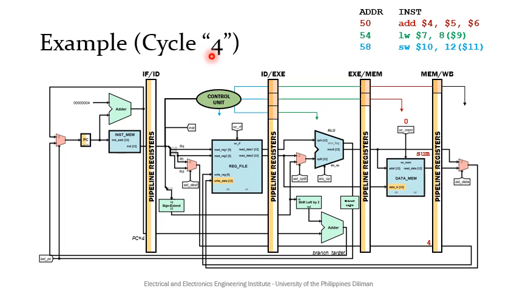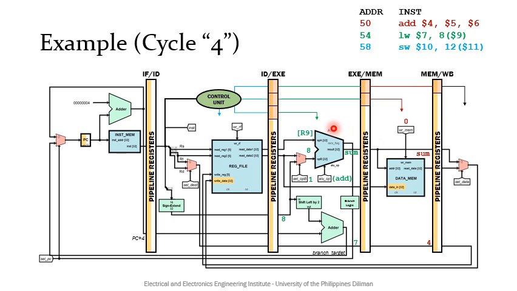At cycle 4, the add instruction is already at the mem stage, although it has nothing to do except to pass the sum, the destination register number, and control signals to the next MEM/write back pipeline register. The add instruction also ensures that the write memory control signal is deasserted to ensure that no unwanted writes happen. And since the sum is also received by the data memory, it still tries to fetch some data, although that data will not be used eventually.